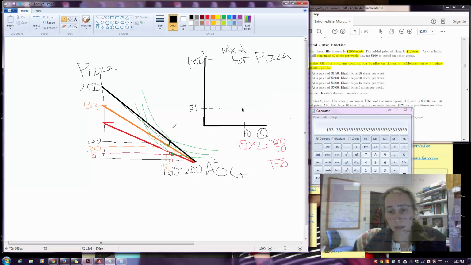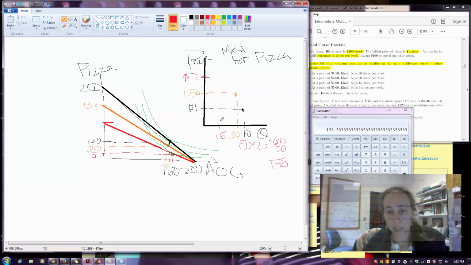And when the price of pizza goes to $1.50, that was our orange point. So when the price of pizza is $1.50, he chooses only 30 slices of pizza. So here's another point on our demand curve. Then lastly, our red one was if the price of pizza goes as high as $2,